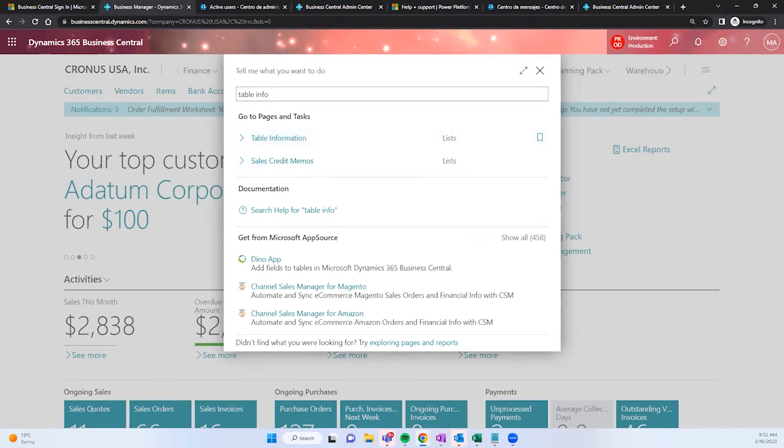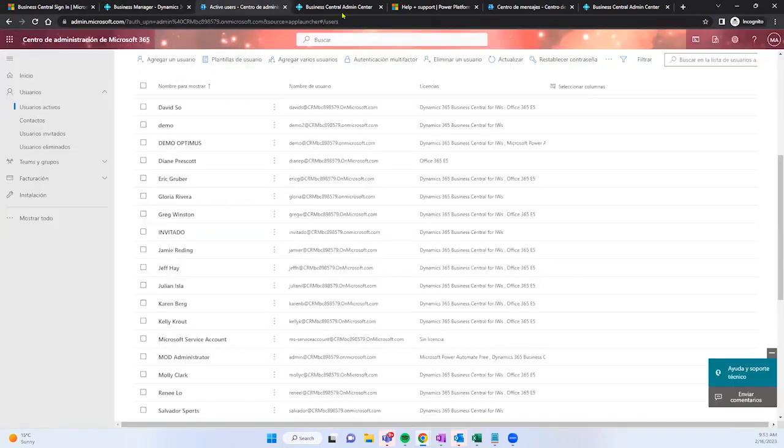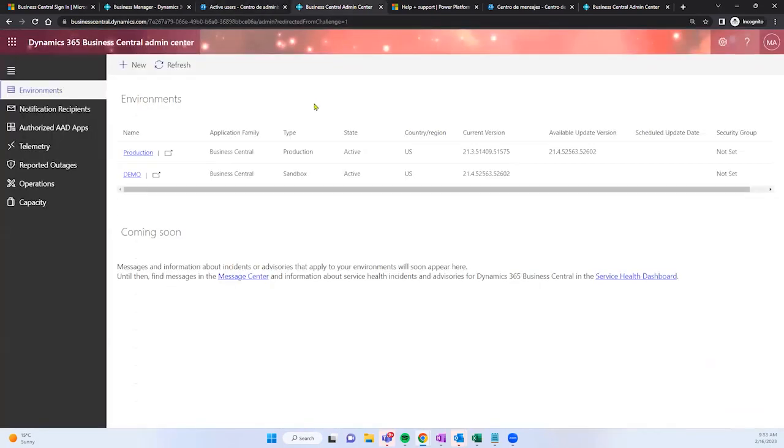It's not moving that fast. Yeah, it takes a while. Let me just... Okay, while it's opening, the idea is to check what are your larger tables with plenty of